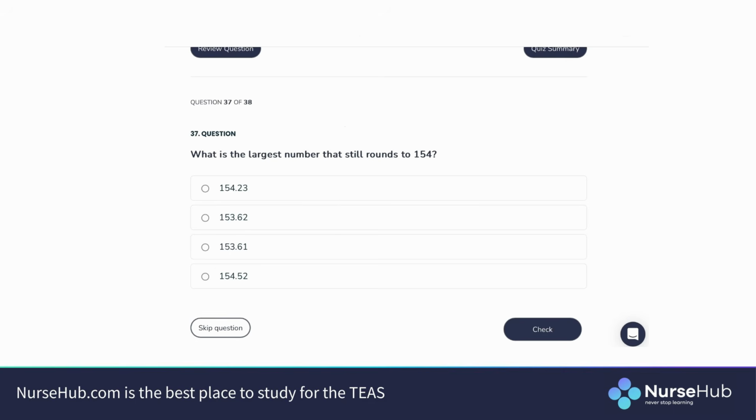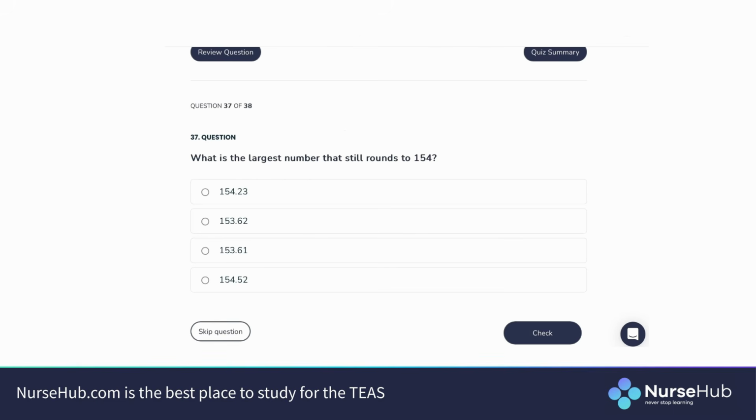So a number could have been rounded either up to 154, or it could have been rounded down or stayed the same for 154. So you have to think, what type of numbers would have to round up? In this case, I would look at my tenths place, or in this case, we have our hundredths. What it says is, this was rounded to the nearest whole,